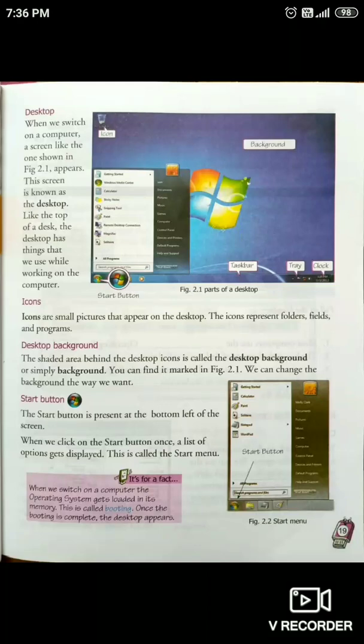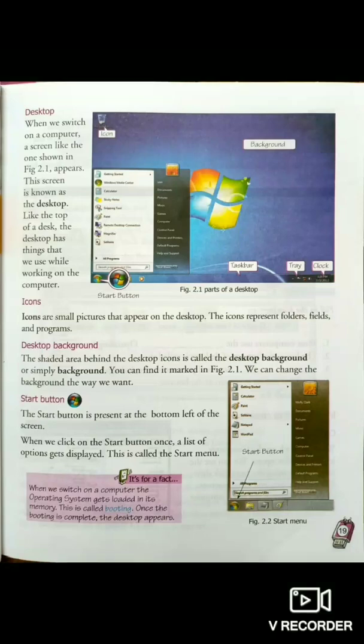First we have to know about desktop. What is desktop? When we switch on the computer, a screen like the picture you have seen here appears in front of you. That is known as desktop. The top of the desktop has all the things that we use while working on the computer.